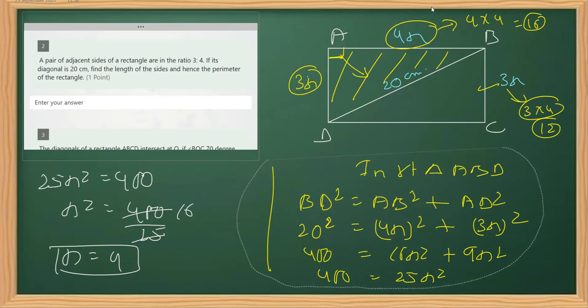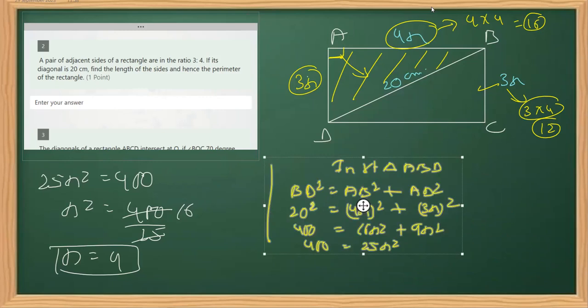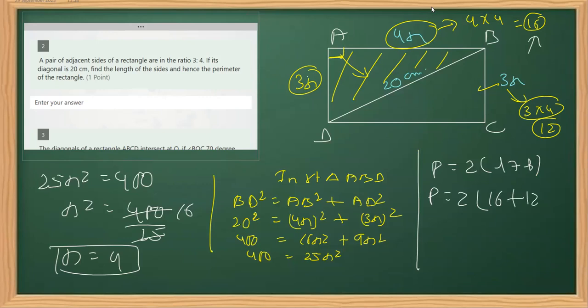So let's find the perimeter in this case. The perimeter of a rectangle is 2 times the sum of the length plus breadth. So this is 2 times length, where the longer one is length, that is 16, and the shorter one is breadth. So P is equal to 2 times 28. So perimeter is 56